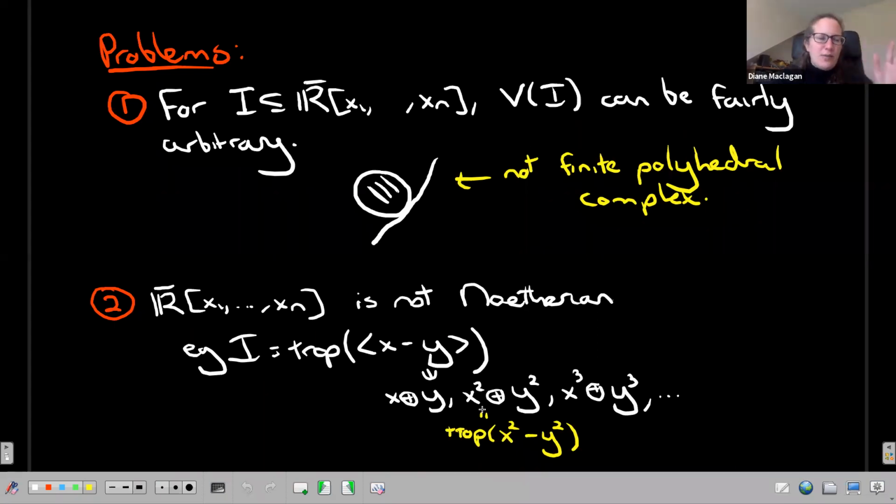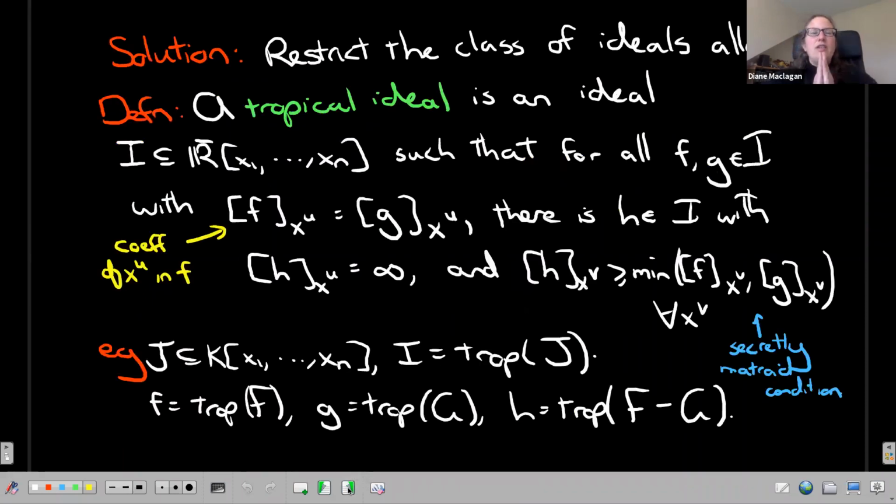This is unfortunately something that we have to just live with. But I'll give you a little bit of a hint of how we're going to get around it. The solution is coming from work of mine with Felipe Rincon, who's at Queen Mary in London, based on work of Jeff and Noah Jedzer and Cusa. We're going to restrict the class of ideals we're allowed. If you take the variety of an arbitrary ideal, we get something that doesn't belong in this subject. So don't take the class of all ideals.